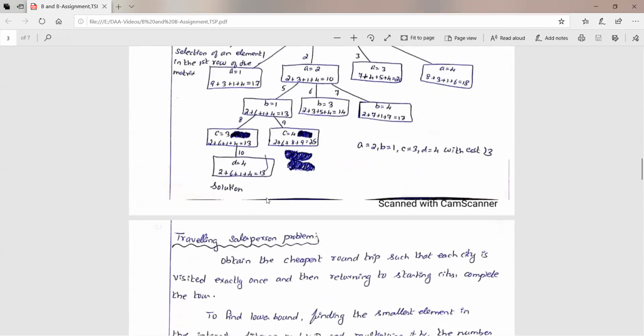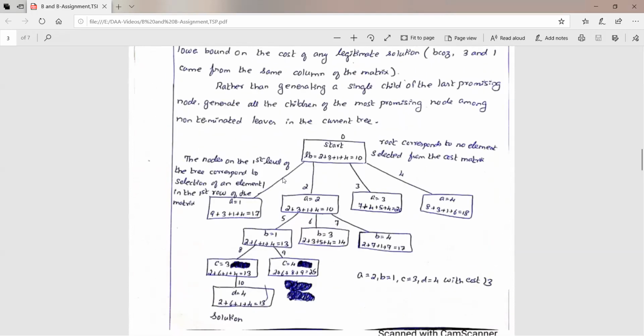So now this is the solution for the assignment problem. Okay, so the assignment problem is nothing but each and every person has to be assigned only one job. So finally we have to get the least time to complete that particular job. Okay, so initially you have to consider the lower bound value. After that you have to consider each and every person, and each person has to be assigned all the jobs, and whichever value is the least value, that will be the promising node, and that job is fixed to the particular person. And then the remaining jobs you have to consider for the next persons. Okay.